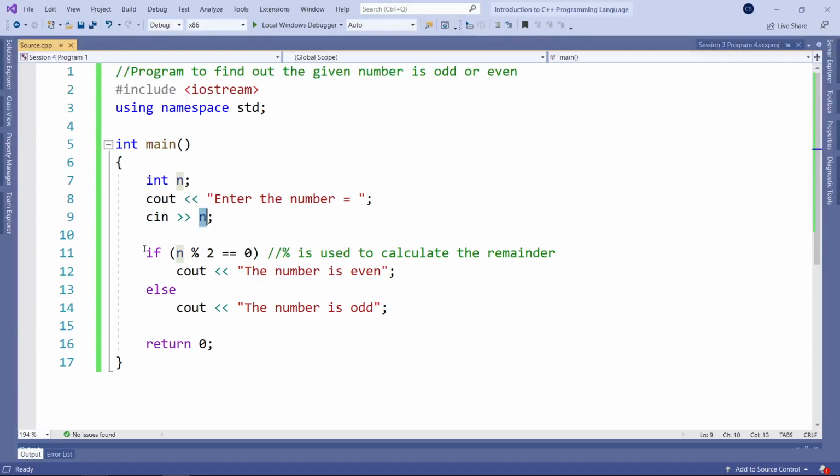Now this is where we get our first if statement. So basically what we're doing here is we have defined two scenarios. The first one is scenario 1, where the number is even, or scenario 2, where the number is odd. And this is based on two conditions. The first one is this one. So the if statement carries the main condition. If whatever is in here